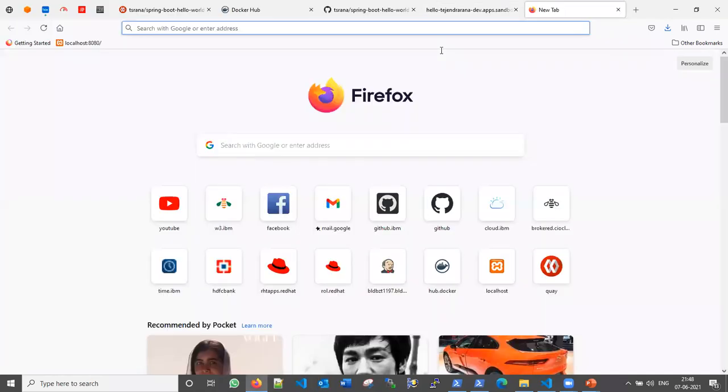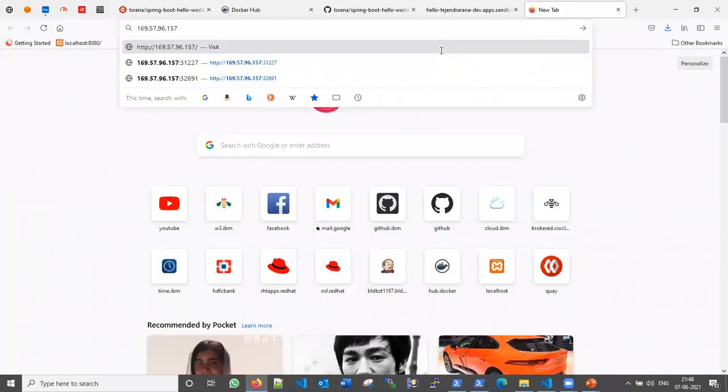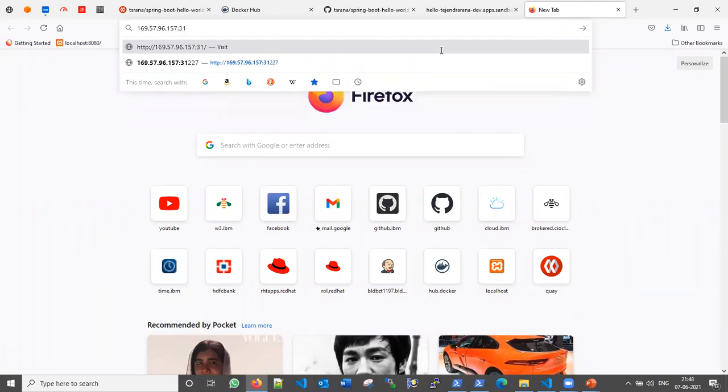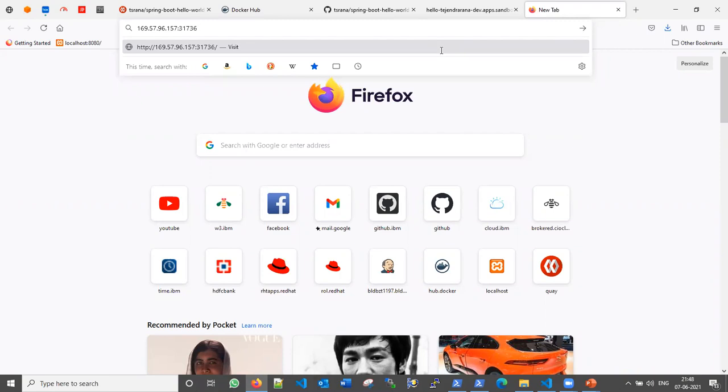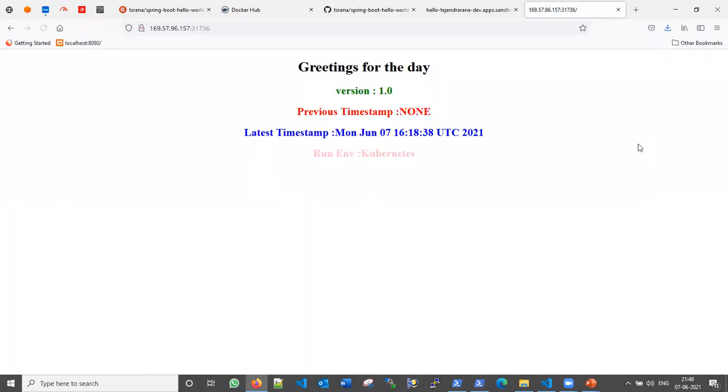Okay, and port 31736 here. Here you can see the run environment is Kubernetes, and the application version is 1. Okay, now in this way you have seen how it gets the image, pulls the image from